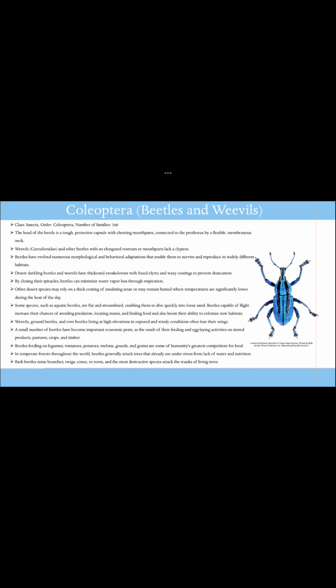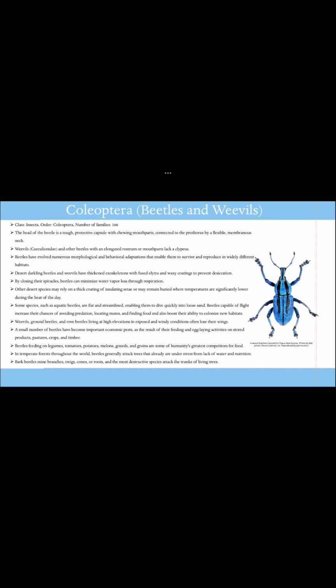Some species, such as sand-dwelling beetles, are flat and streamlined, enabling them to dive quickly into loose sand. Beetles capable of flight increase their chances of avoiding predation, locating mates, and finding food, and also boost their ability to colonize new habitats. Weevils, ground beetles, and rove beetles living at high elevations and exposed to windy conditions often lose their wings. A small number of beetles have become important economic pests as a result of their feeding and